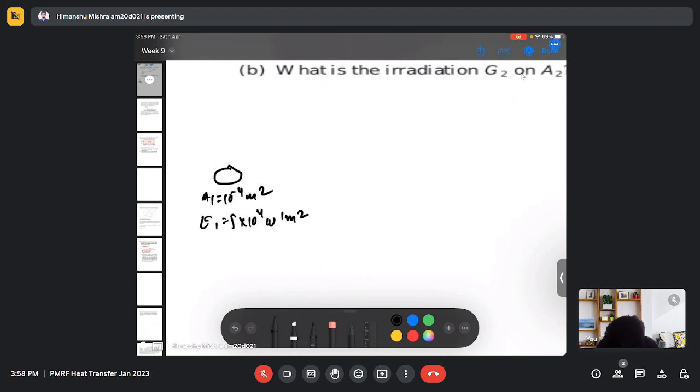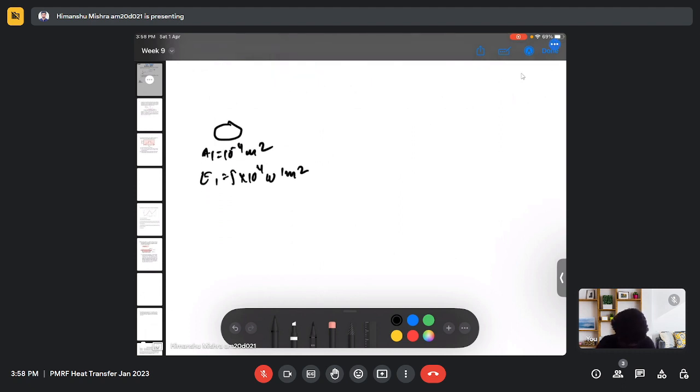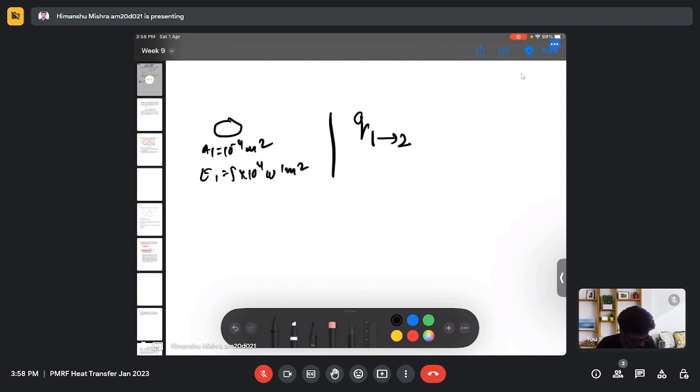And we need to find the heat rate at which emission from A1 is intercepted by A2, which means that there will be a heat transfer due to radiation from surface 1 to 2,